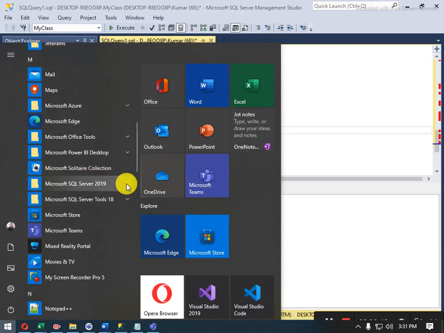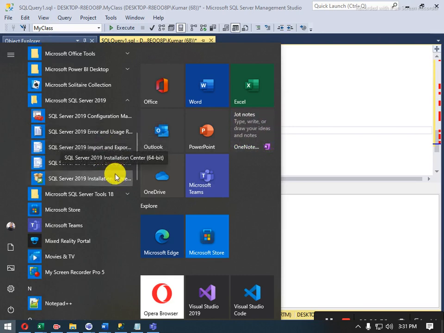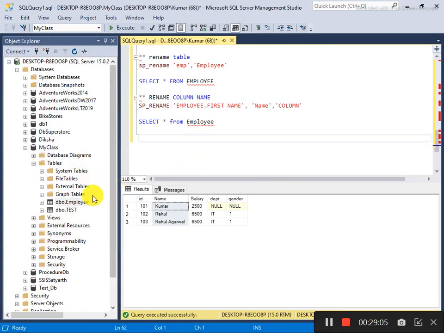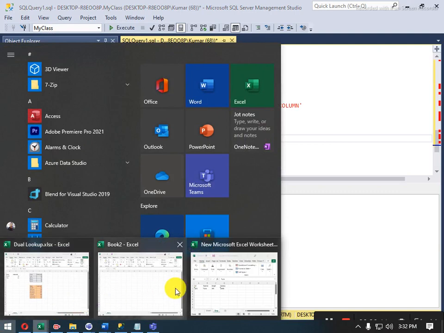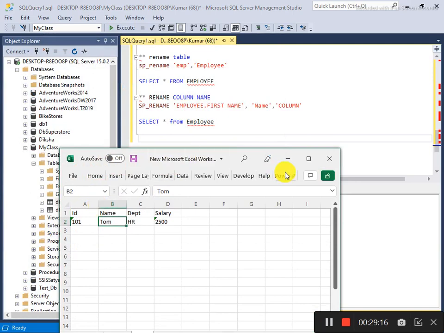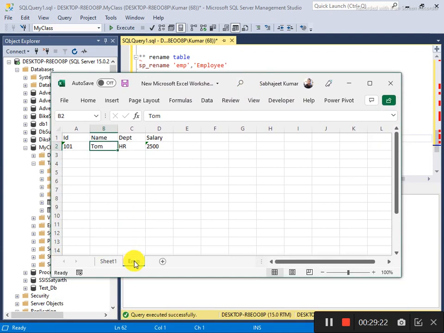This is Microsoft SQL Server 2019. Here you will see import and export for 64-bit and this one is for 32-bit. So you can use either of them. Otherwise another way is that here are also controls, using which you can import or export. Okay, so like here I have already shown you an Excel sheet, and here I have a table. The name of the workbook is this, and the worksheet name is sheet 1, employee sheet. So you can see that. What we will do is import this table into our SQL Server. Okay,